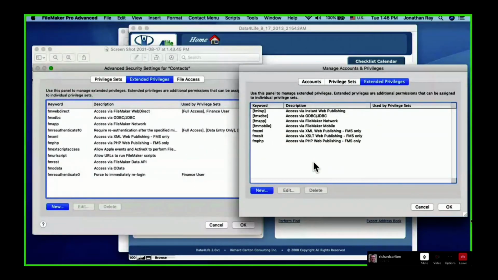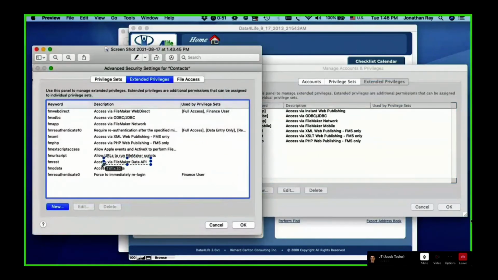FM REST, that's where the data API, that's where FileMaker is a source, right? Jacob, do I have that correct? Yeah, FM REST is DAPI. That's your DAPI permission, so you've turned on DAPI. The old one was XML and then PHP, and basically those are going to be deprecated. And then FM REST is the new replacement. So it's the data API, right? Yep. REST and then FM OData is the